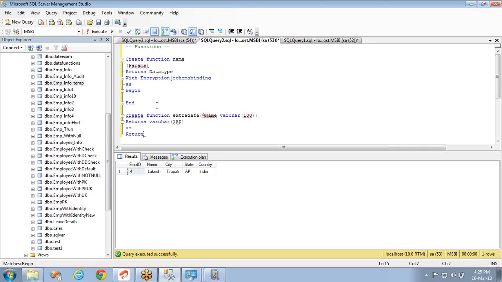So the return statement is used to return the data to the calling environment. This is used only in functions. In functions, I set the return type to varchar(150), so I have to return the same. Before that, I'm declaring a variable @var varchar(150). So whatever value I'm going to get here through the name, observe this very carefully,